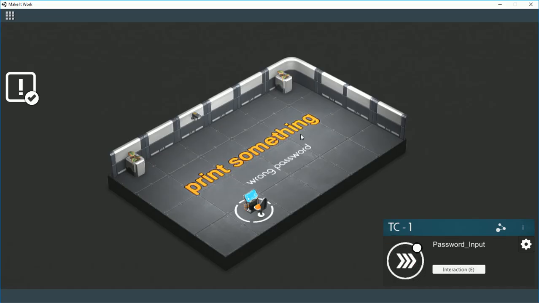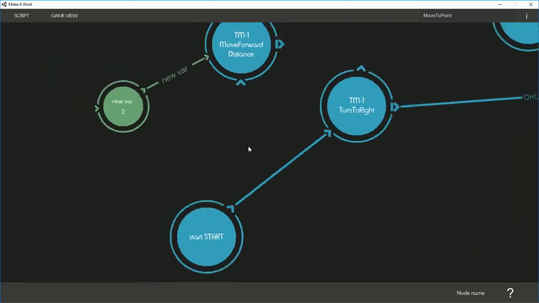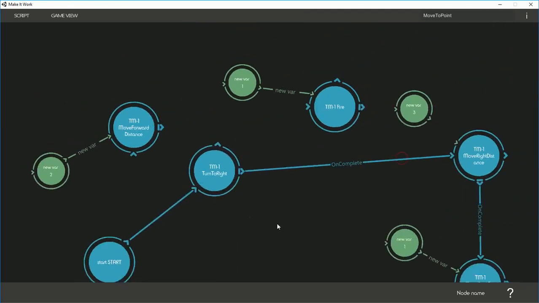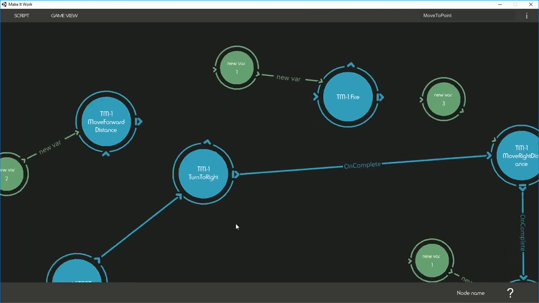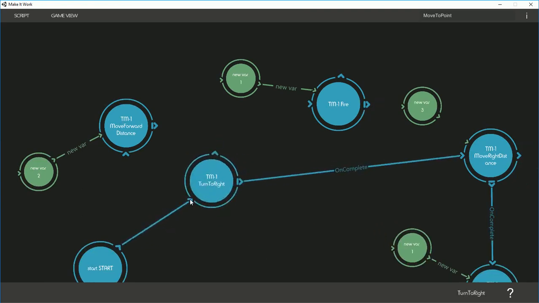So that's the result of our input, and it is the wrong password. This is a more complex level, a more complex puzzle, because the player has to deal with many nodes and connect them in the right sequence. By the way, the player can zoom in, zoom out, and change position of any node, break connection,